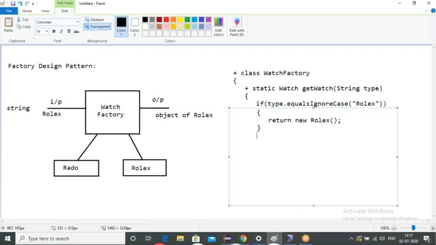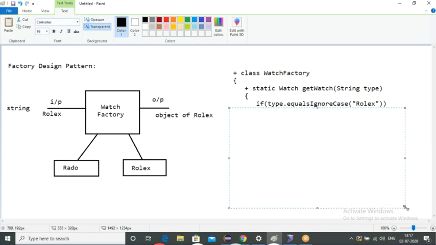Then I will check one more part, that is else if: type.equalsIgnoreCase of Rado.